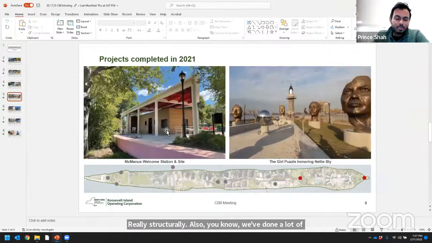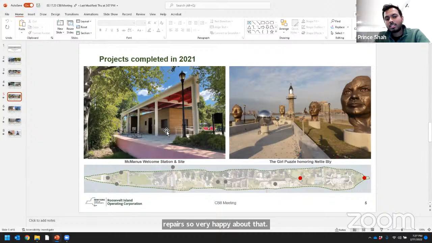The next project we opened in 2021 is the McManus Welcome Station. It is named after Chief Jack McManus, who sadly passed away before the comfort station itself was open to the public. But the comfort station has a green roof. We really tried to use a lot of sustainable materials. This comfort station is next to the McManus field, which is the soccer field. What we have tried to do is really